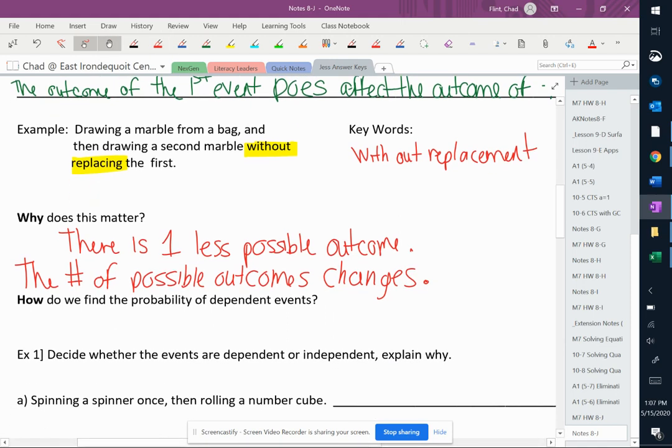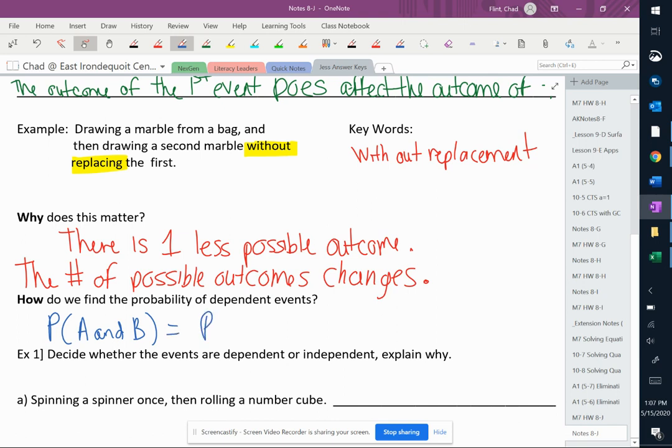And last but not least, before I get cut off, how do we find the probability of dependent events? Well, just like we do with independent events, because it's an "and." So the probability of A and B is equal to the probability of A times the probability of